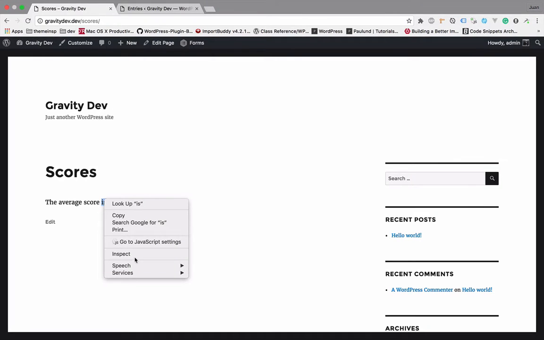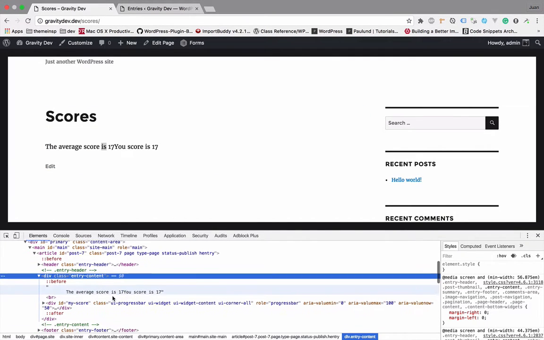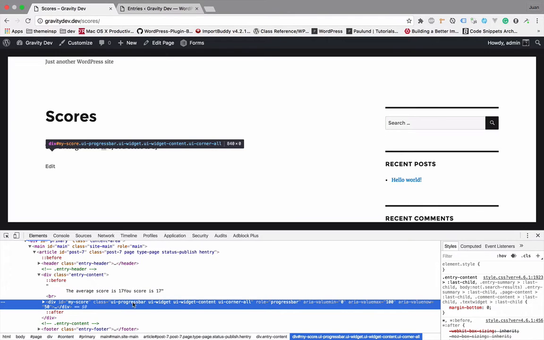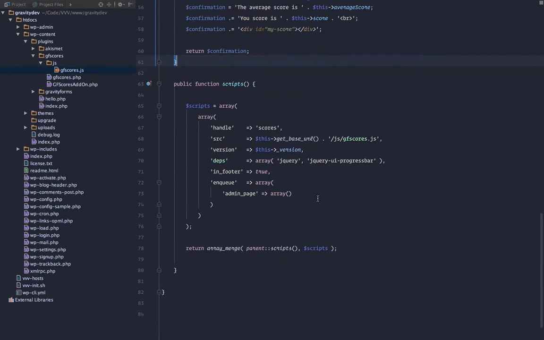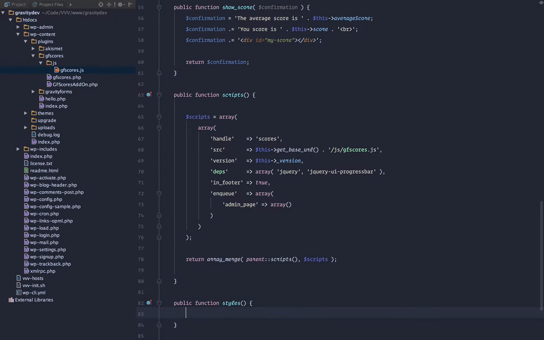Okay, so let's go ahead and inspect this, see what's going on with the progress bar. Okay, so it is showing the progress bar, it is rendering the JavaScript, but we don't have any styles for that. So let's go ahead and enqueue the styles. So using this framework, we have access to a method called styles. We'll create a styles array,